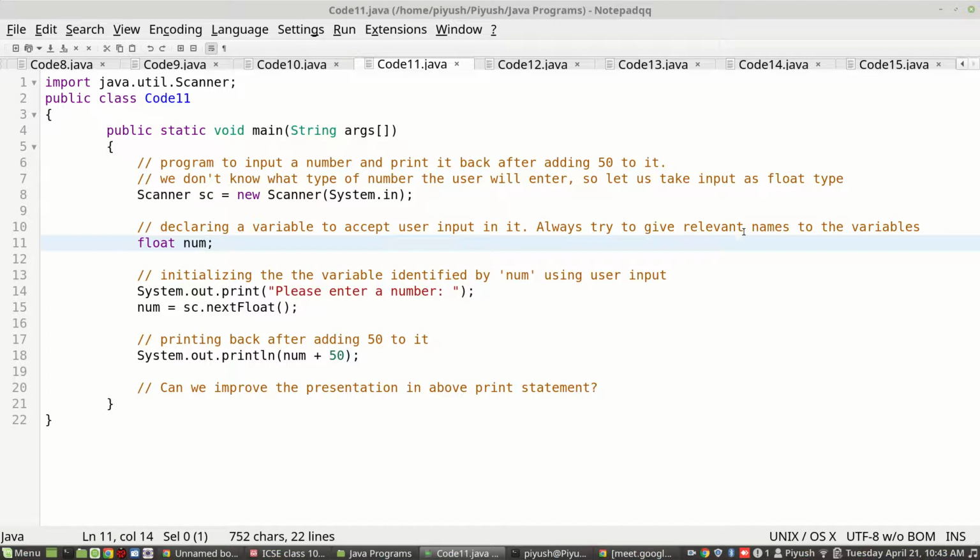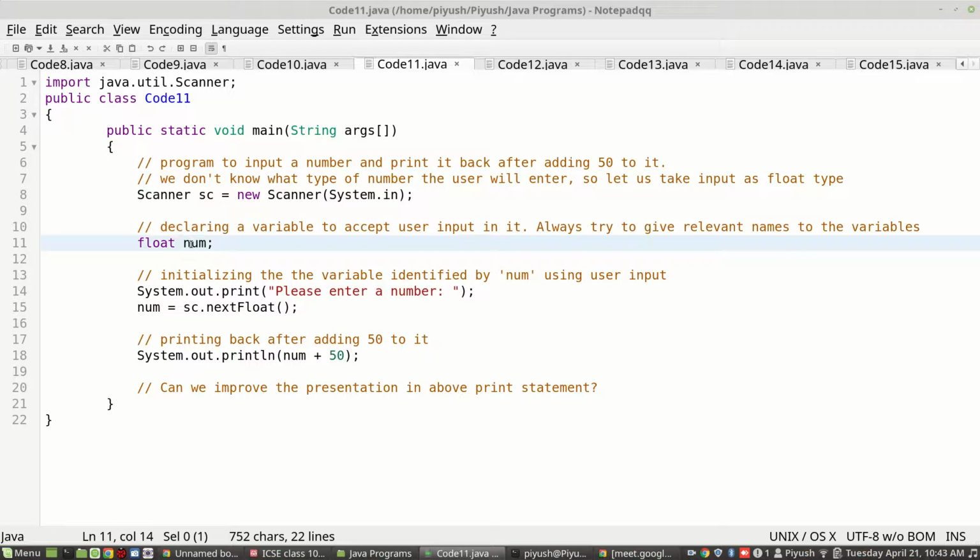You can use anything, x, y, z, whatever you want, but as good programming practice, followed all over the world, good programmers make it a habit to give relevant names to their variables. So always try to come up with relevant names. Because I have to store a number, I gave it the name num.